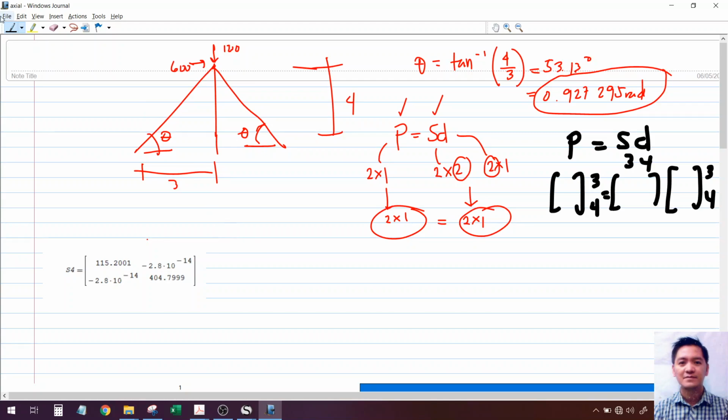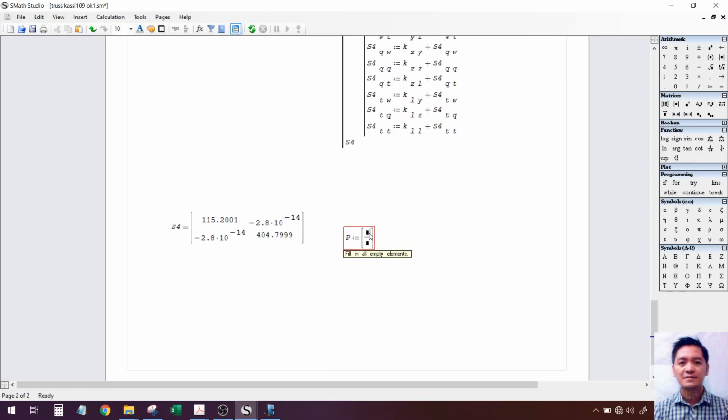So, P, so our P should have a code 3, 4. Si 3, remember, horizontal, that is 600, while si 4, 1, 2. So that is 1, 2. Take note, pababa siya, so negative. So input natin yan, 600 and 1, 2. That is 600, negative 1, 2. Okay? So D equals